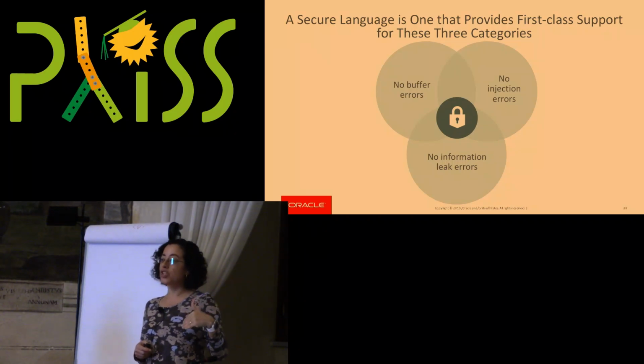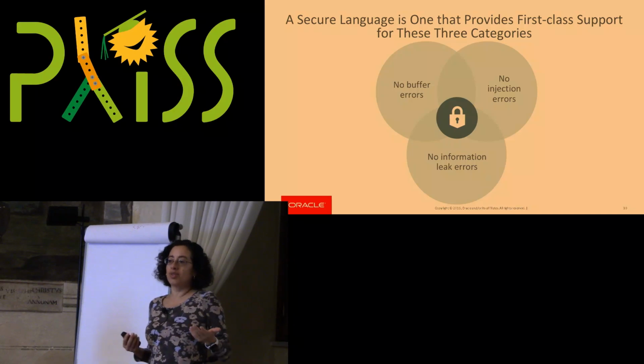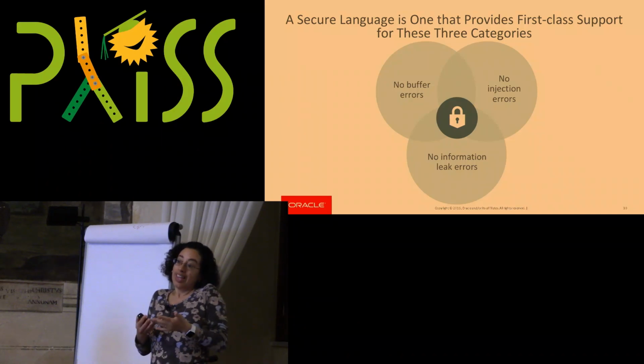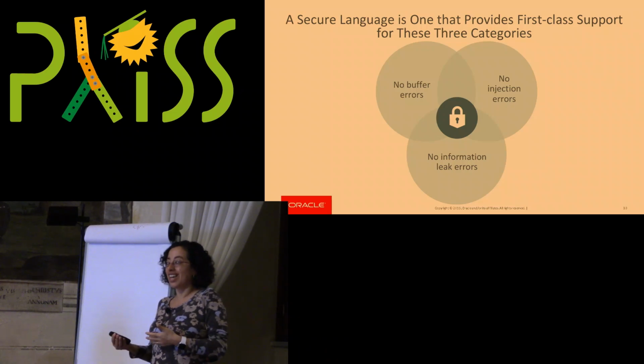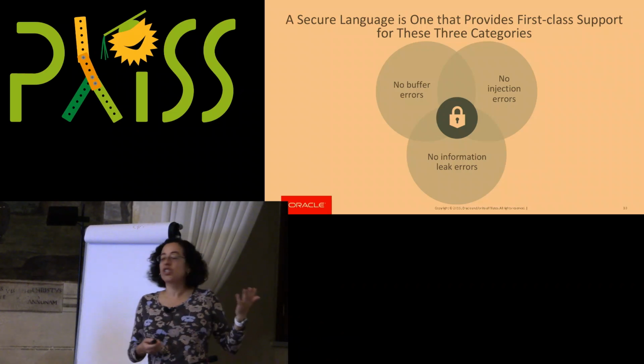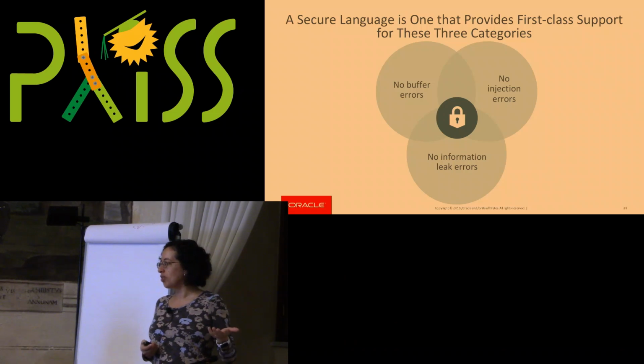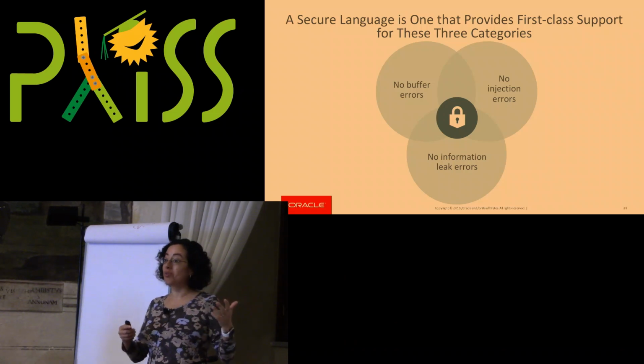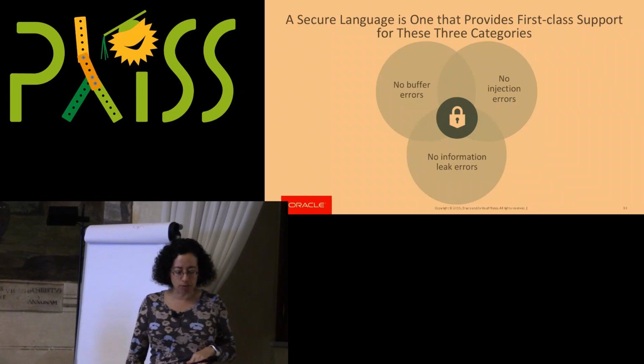Because if the language had that support, then developers wouldn't have to create code that is very hard for them to actually get right, okay? And it would make it so much easier, so much better for innovation, and then everyone could focus on other types of issues that may emerge.